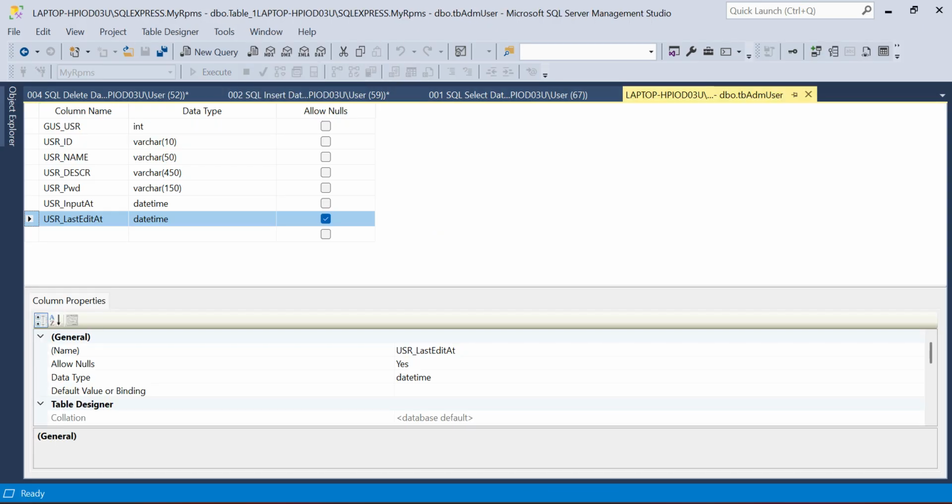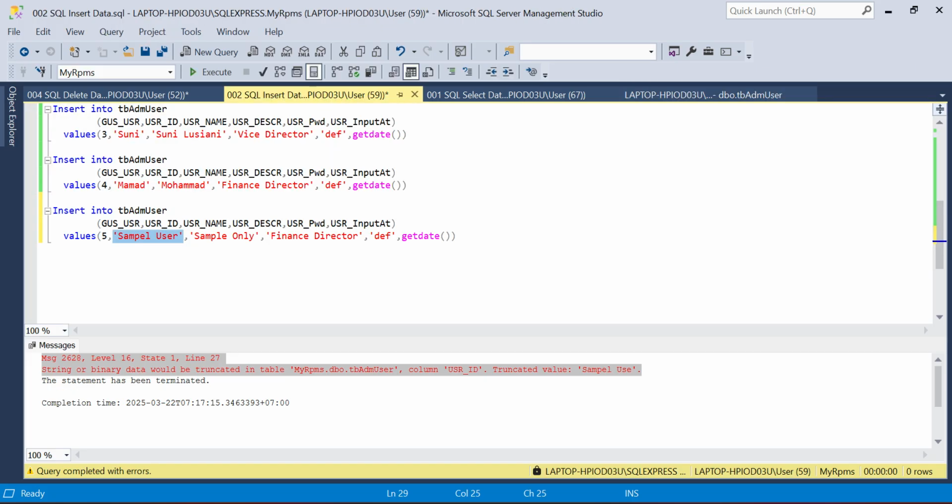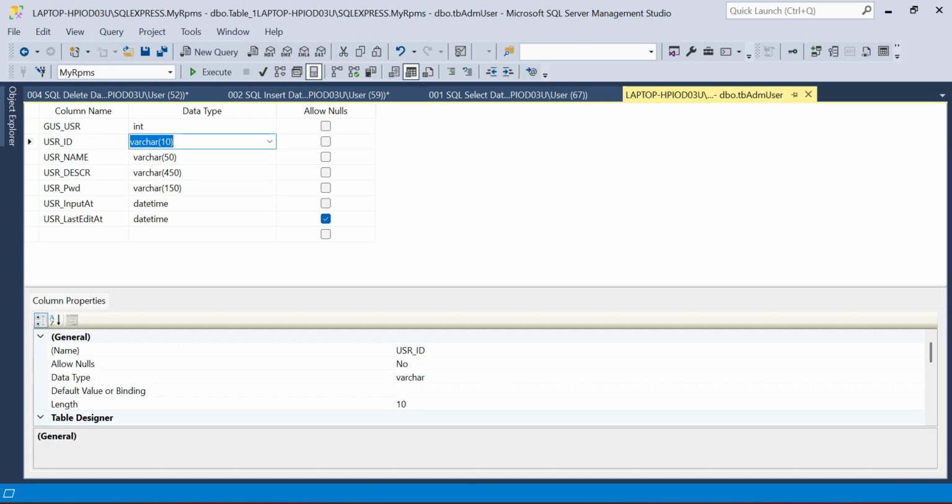Let's see. I provide the user ID a maximum length of 10. And now I have given it more than 10 characters. Let's count. 1, 2, 3, 4, 5, 6, 7, 8, 9, 10, 11. The length of sample user is 11 characters, while this user ID maximum is 10 characters.